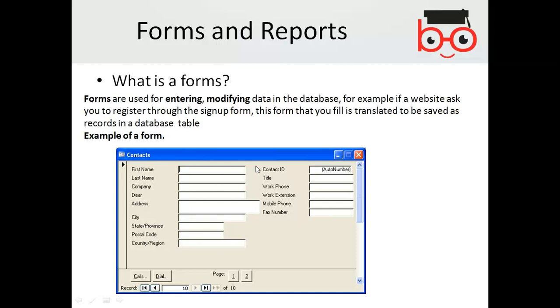So that form is a kind of window, but at the end when you submit it, that information or data is stored somewhere. As we discussed earlier, that information is stored in the database. So form is the representation of this particular window-based display.